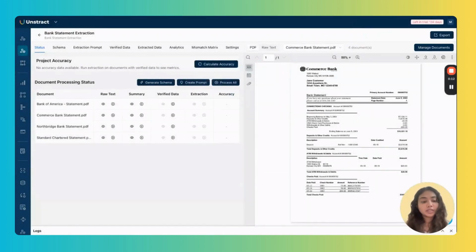So what happens over here is that your LLM is deployed to go over the schema and your test documents, and it automatically generates a detailed 7 segment prompt which contains various information such as field level guidance, how to format your output, how to handle edge cases and disambiguation, what are some example values, where exactly are you likely to find certain data fields on the test documents. So it contains a comprehensive set of instructions for your LLM to follow while extracting data.